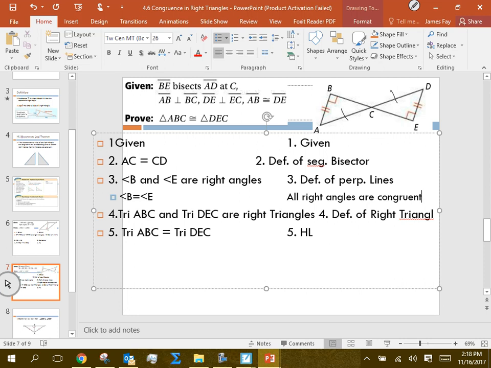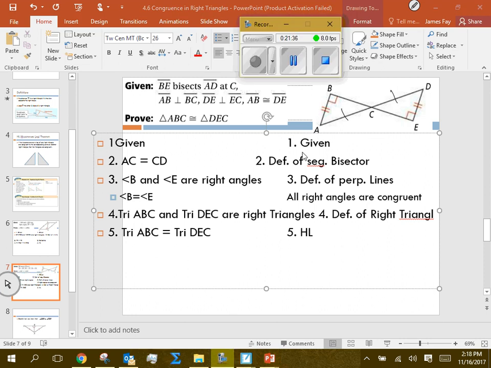If I would have written it that way with angle B congruent to angle E, and then I get done with that and I say, did that really impact the proof? I say no, I cut it out, and in my final draft, I don't put it in there. Does that make sense? Yes. So that's how you're going to use hypotenuse leg in some of the questions in your homework this evening. Also, I've added